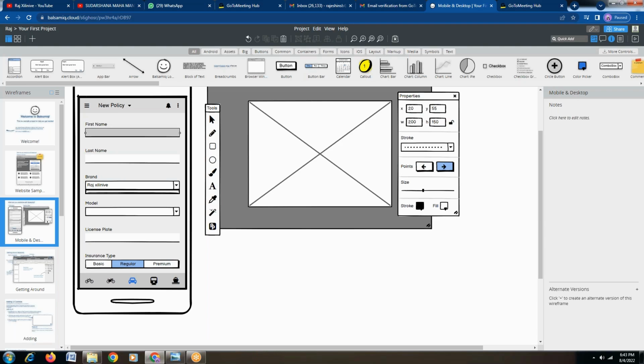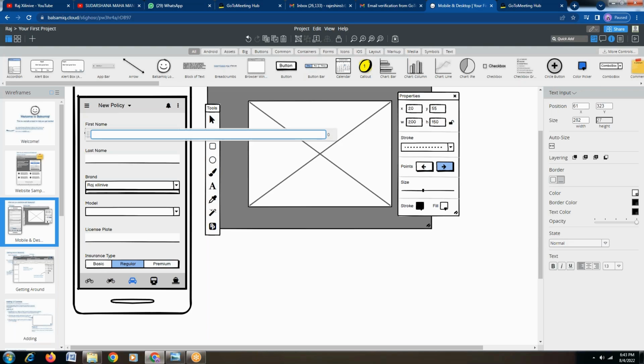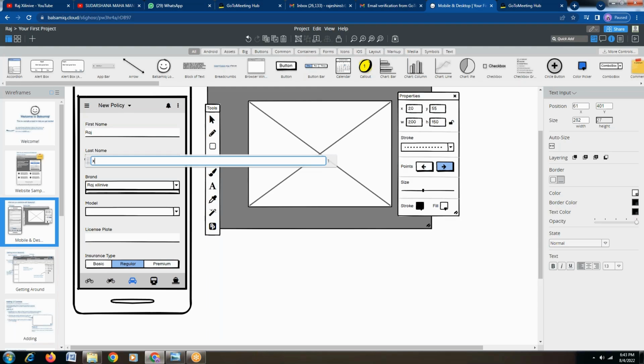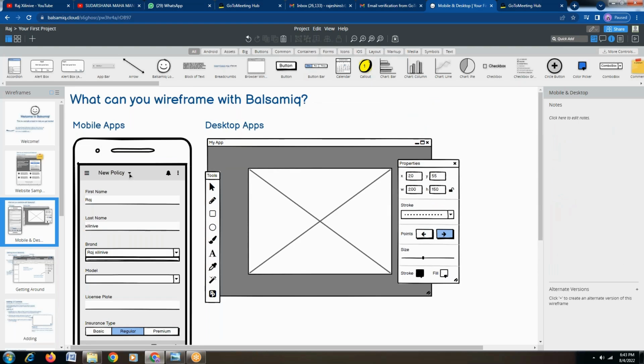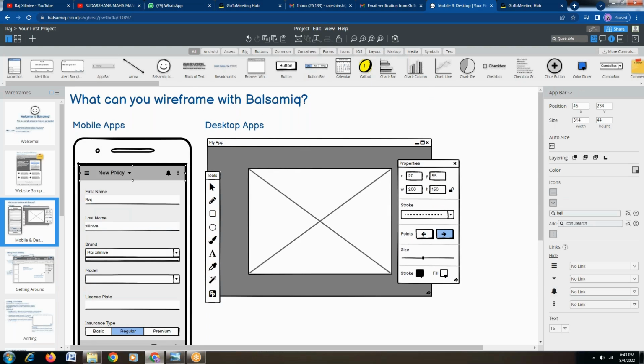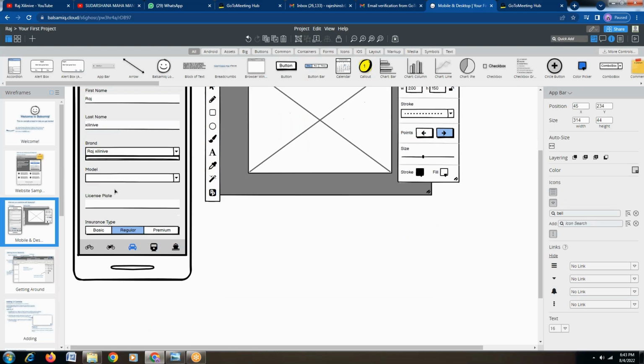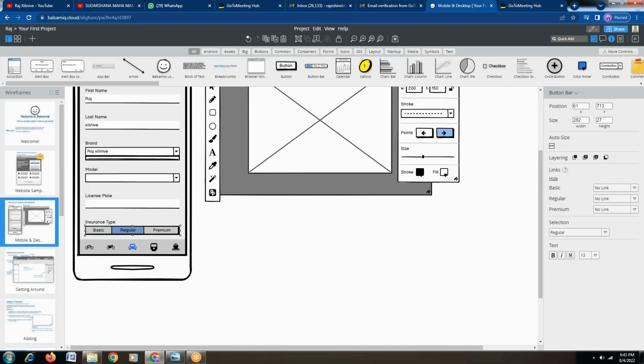You can write the name right here; as I mentioned, Raj is the name, and here I'm writing the name on Illinois. So Raj Illinois is what I am writing. There is a new policy, for example, a mobile application we are developing. This may be a policy or whatever mobile app, so how the page looks on the mobile app can be seen here. Either it may be a basic, regular, or premium one, and everything will be selected accordingly.